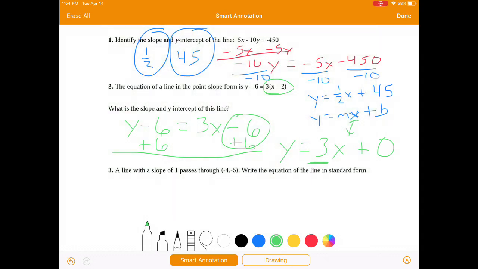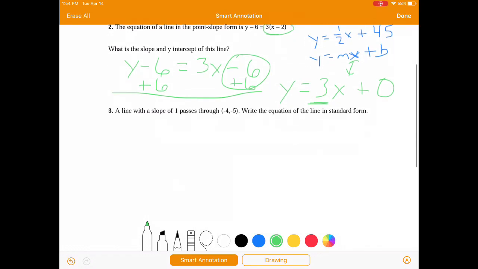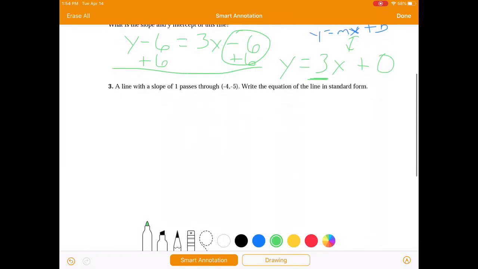All right, number 3, a line with a slope of 1 passes through negative 4, negative 5. Write the equation of the line in standard form. And there are multiple ways to do this. The first thing that I noticed, though, is I have a point and I have a slope. And if I have a point and I have a slope, it kind of makes sense to use point slope